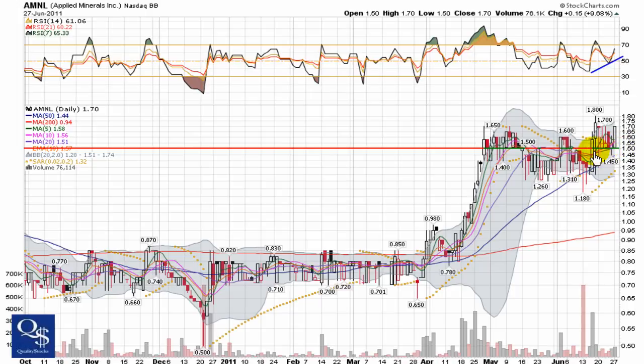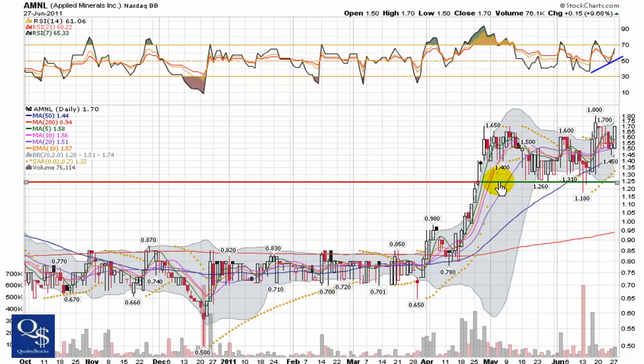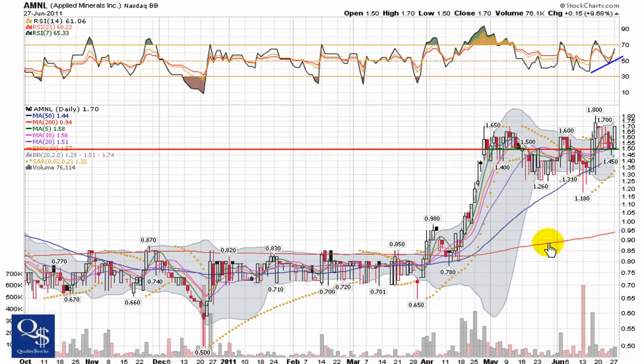You can see it's held it here recently. There's a little bit of resistance. There's a little bit of support. Of course, it picks back up at a few different levels. Picks back up around $1.40, and then again down here around $1.30. But with this sitting at $1.70 right now, I try and identify a close support level, and $1.50 is where